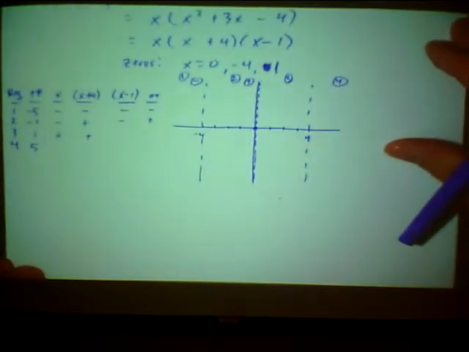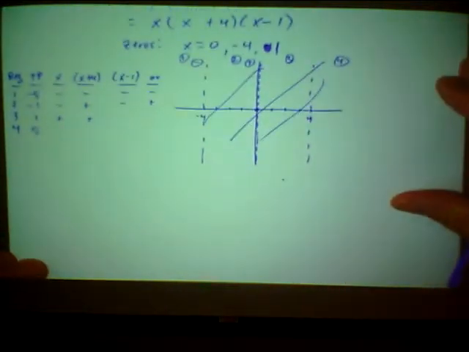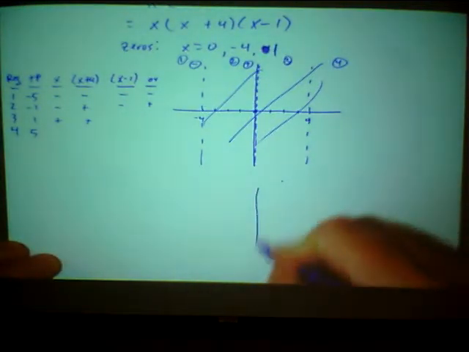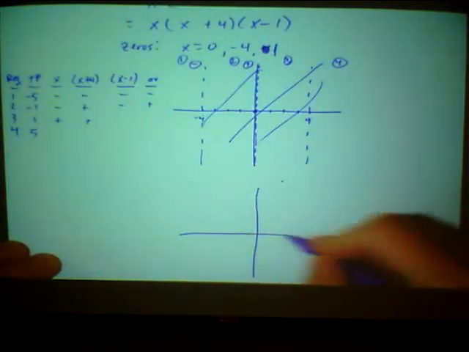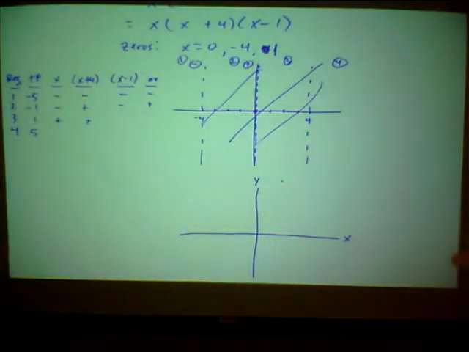So let's go ahead and try and redo my graph if I have room. That was a pretty major error. I did catch it, but all right, so now